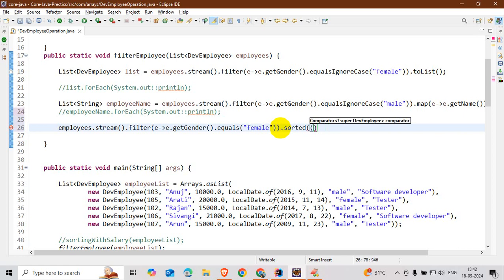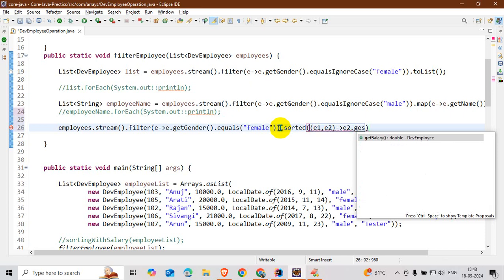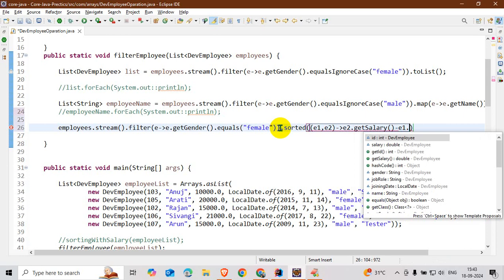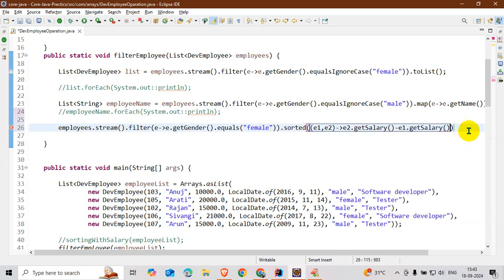So here I write the lambda expression: e1 and e2, passing two employee arguments, and the lambda expression is e2 dot getSalary minus e1 dot getSalary. Okay, right.